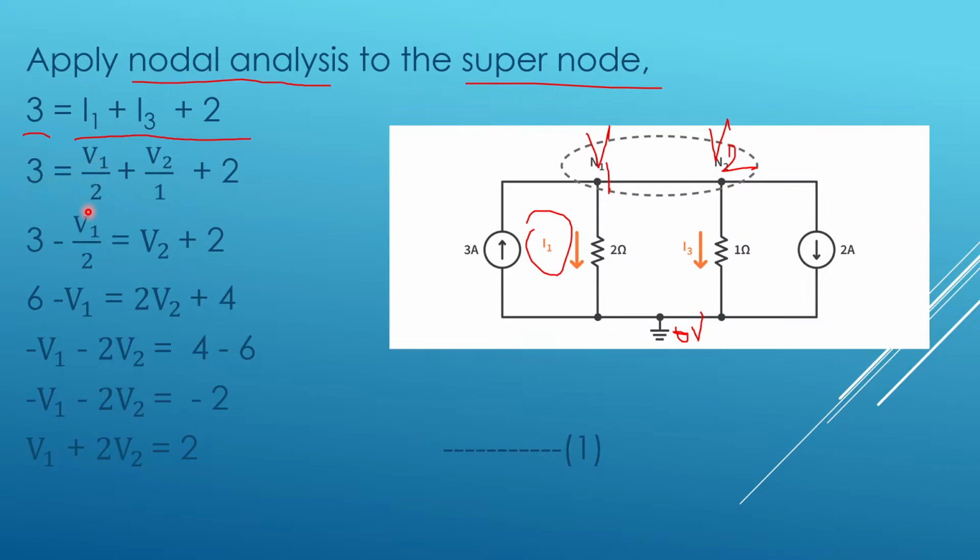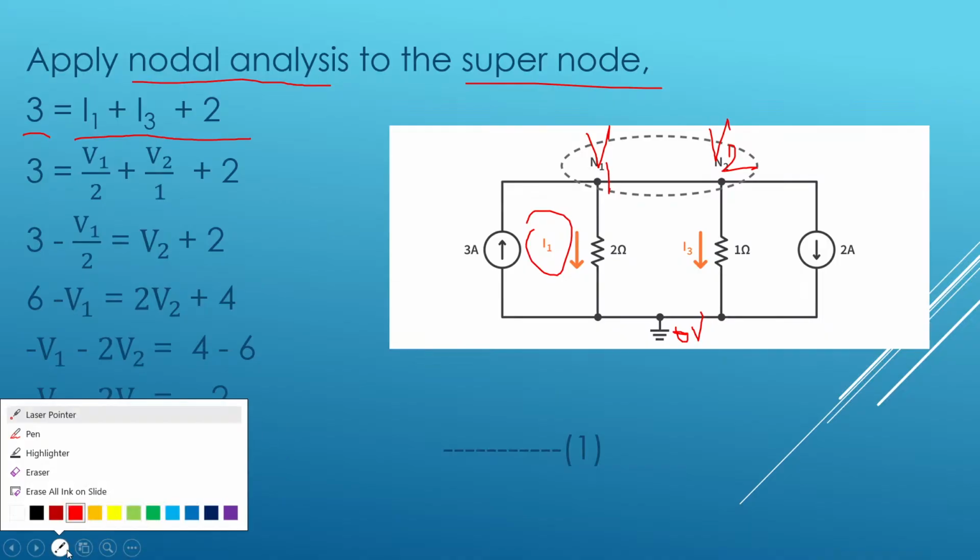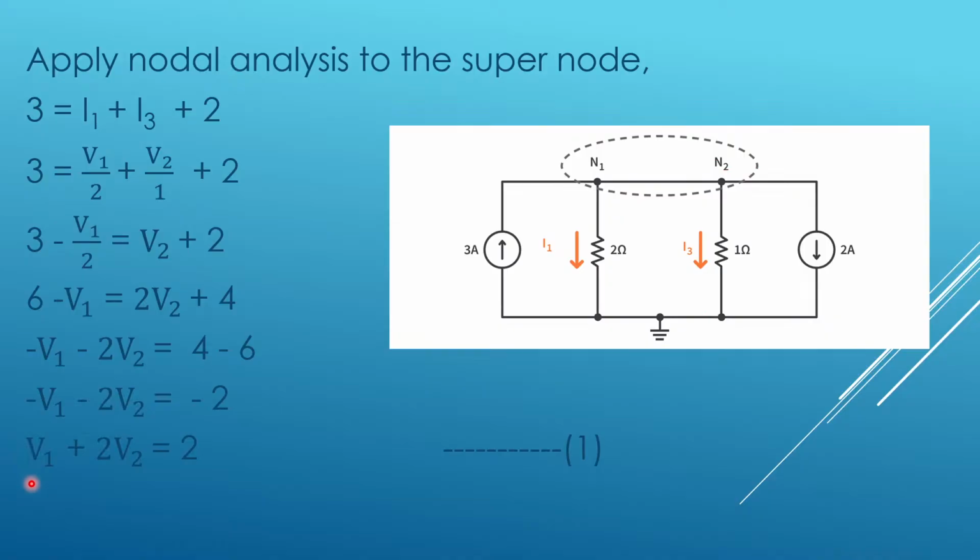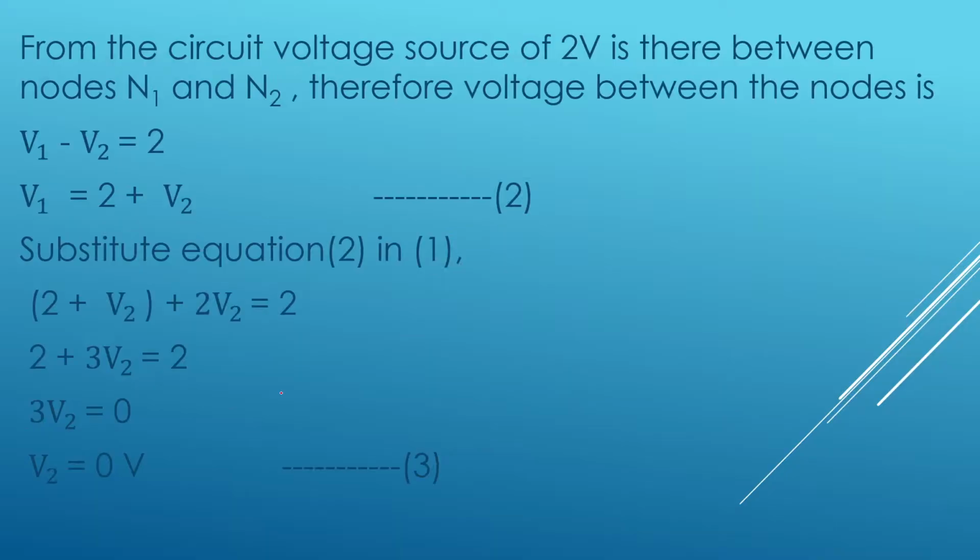So 3 is equal to V1 by 2 plus V2 by 1 plus 2. Just simplify it. You will get equation number 1. What is it? V1 plus 2V2 is equal to 2. So this is our equation 1. V1 plus 2V2 is equal to 2. Consider it as your equation 1. Okay. Now,